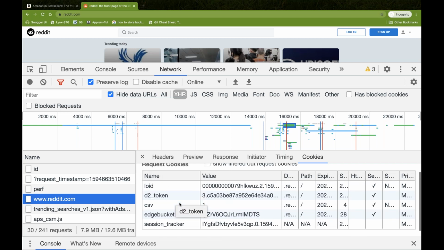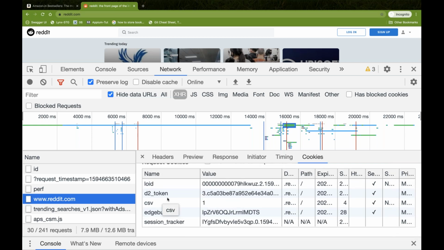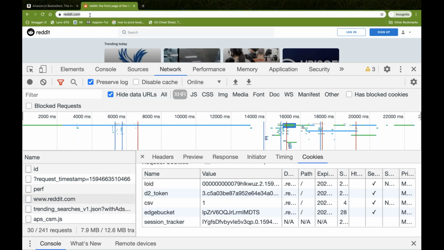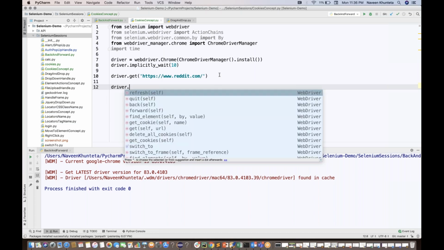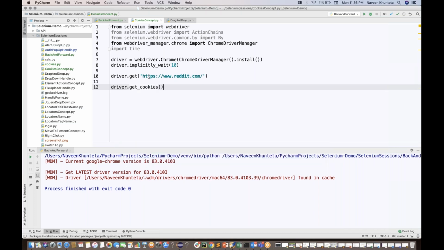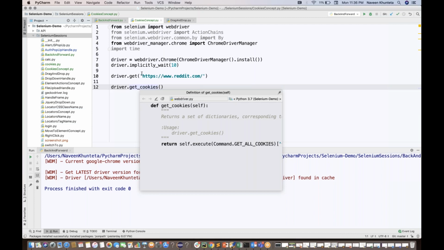So how will you get all the cookies for a particular site? Let's see, I'll do one thing. I'll just launch this reddit.com over here. Now if you really want to get all the cookies, for that purpose what you have to do, you simply write the driver dot get cookies method, which will return a dictionary. How will you see that? Simply press control and enter on this particular method. It's saying that okay, here returns a set of dictionaries corresponding to cookies visible in the current session,